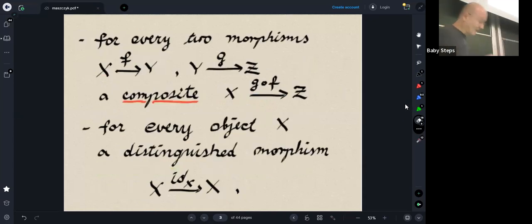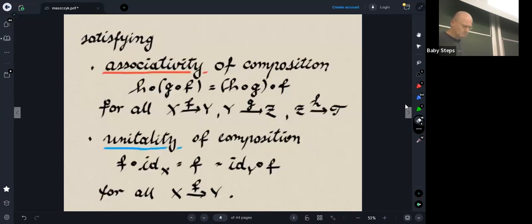Okay. So what are the rules? For every two morphisms, we have defined a composite of them, denoted in a way as we usually use to denote the composition of functions. For every object X, we have also a distinguished morphism, which is called the identity related to this object. And they satisfy some